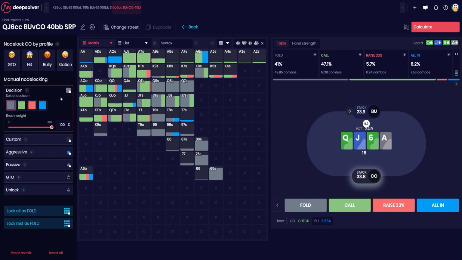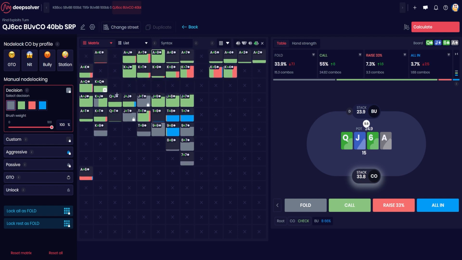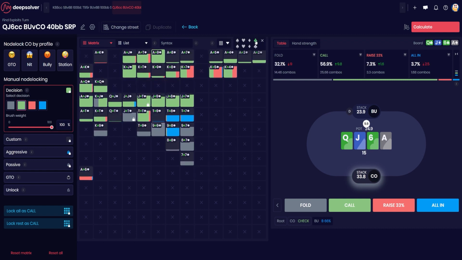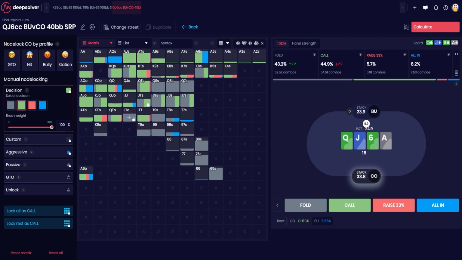So first of all, click on decision. So fold is just grayed out. So let's say I fold all my Jack 10 here, except for clubs. So I'll want to select Jack 10 of clubs and keep this in. So another thing you can do is select the suits. So let's just say I always fold Jack 10 offsuit and I always fold Queen 10 offsuit because I'm a little bit scared money. How hard would we get exploited for folding an extra 5% per solver?